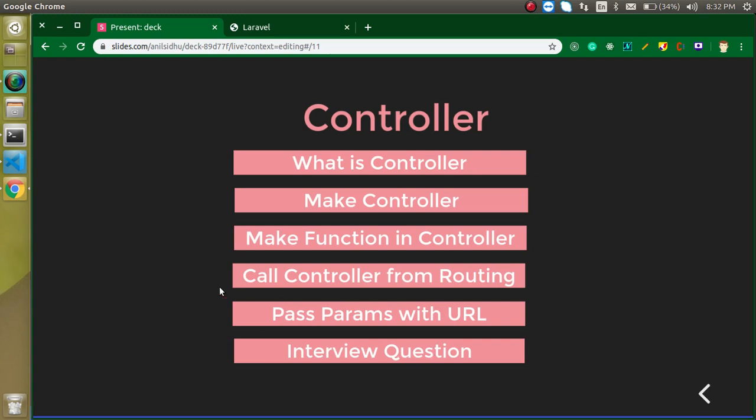One more important thing in this video is that Laravel 8 has a different syntax for calling the controller from the router. In Laravel 7 and 6 you will find one syntax, and in 8 you will find a different syntax. I will make a complete video on it because this is a new feature of Laravel 8, but that will be only specifically for calling from the router, right? Not about the controller. Now first, let's jump into the main topic.